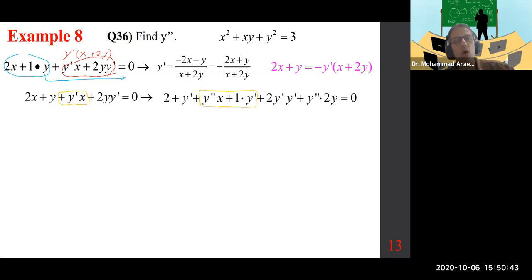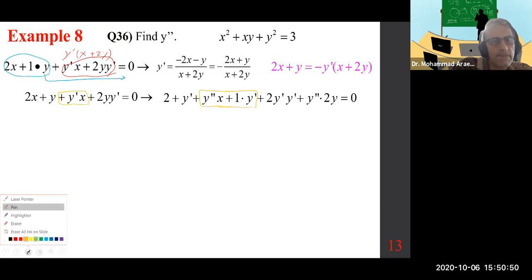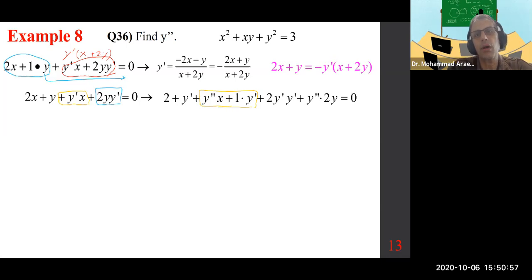Take a look at that part. y prime x using the product rule is that piece. 2y prime is this piece. Product rule, again,